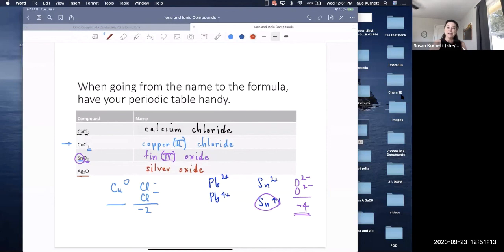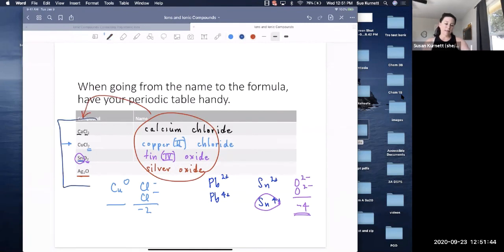Okay, so that's all I have for you, but I do want to offer some advice, and you'll take it or you'll leave it, but you're the ones that showed up, so I think you'll probably take it. Good for you for being here, and good for you for diving in. You need to become familiar with your periodic table and maybe color one like the one I'm going to post in a minute. You need to be able to put these together to form a compound. So that would be maybe taking the names and writing the formulas. And then you also have to be able to see a formula and write the name. And we all have a favorite direction. So you need to practice both directions, and whichever direction is more difficult, you need to practice it more.